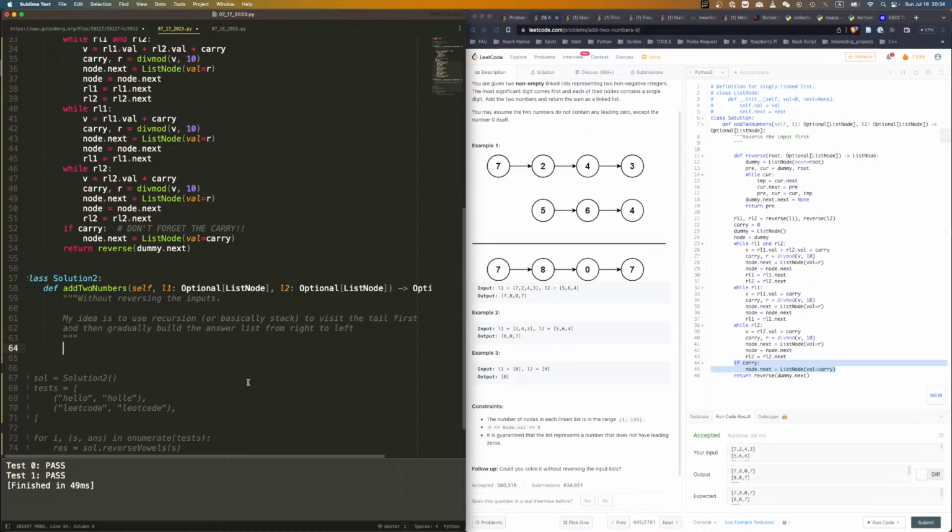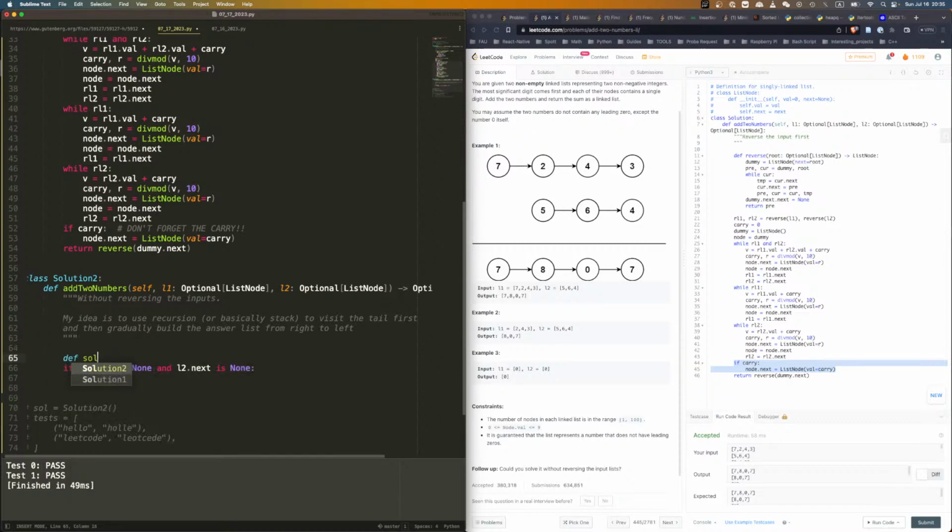But when do we not go to the end? If neither has a next, right? It can be like this: if L1.next is None and L2.next is None. This is the edge case, right? At the end. When that is the case, we are going to compute